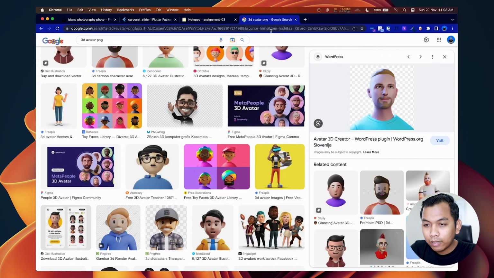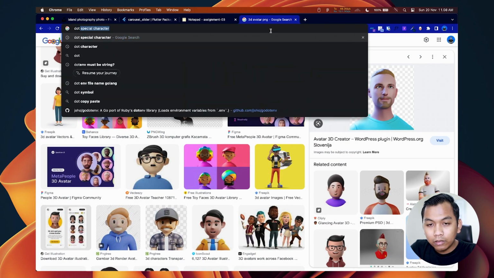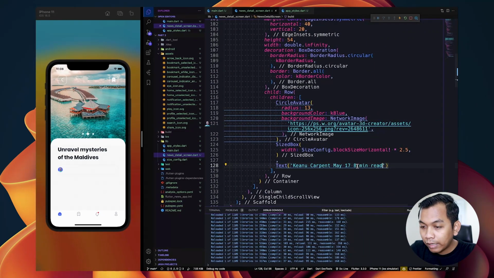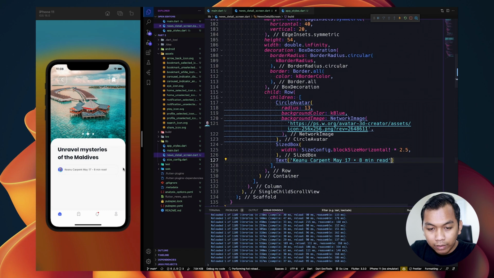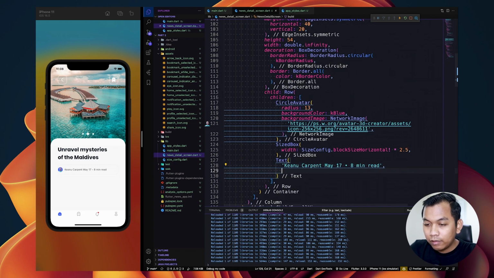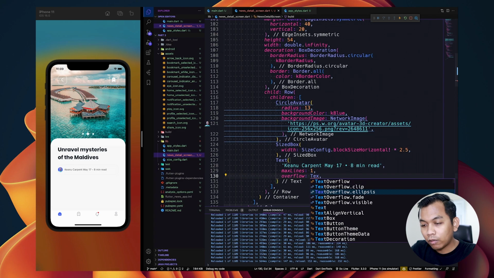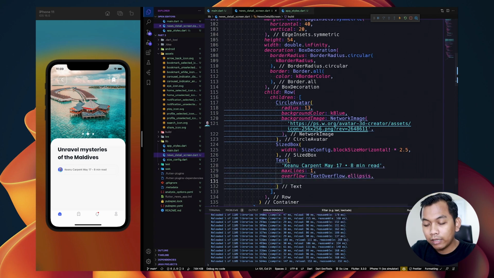And let's try to find a dot special character and copy this item and paste between this. And when we restart, we will see this text widget. But we will give max lines 1 and overflow will be text overflow dot ellipsis, I think.